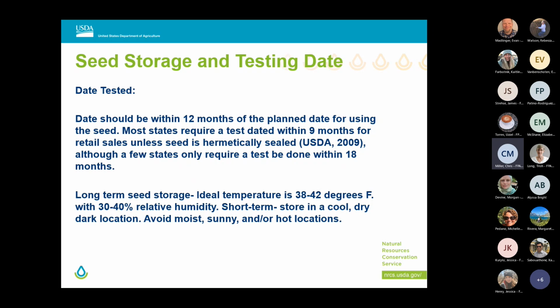Ideal temperature for long-term seed storage is about 38 to 42 degrees, so it's above freezing, with 30 to 40% relative humidity. If you're purchasing seed and you're not ready to seed it right away, but you're going to be seeding it within a month or so of when you receive the seed,